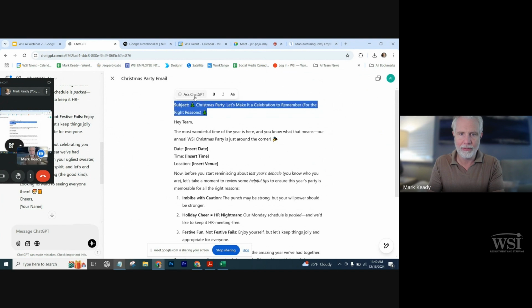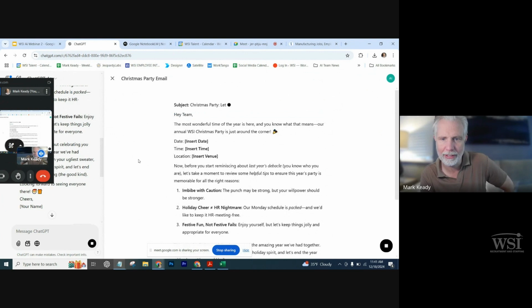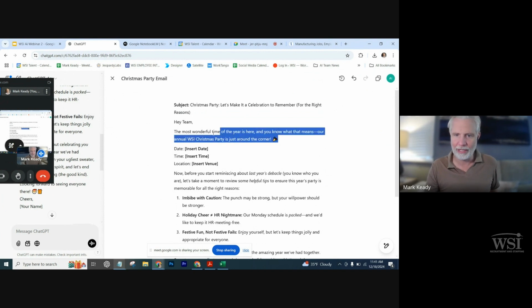See how it puts a little window right there? We can just say, get rid of emojis. Now watch what Canvas will do. Instead of regenerating the entire prompt or the entire response, it just works the area we highlighted. That is sort of a game changer, especially if you're looking for ways to rewrite something.